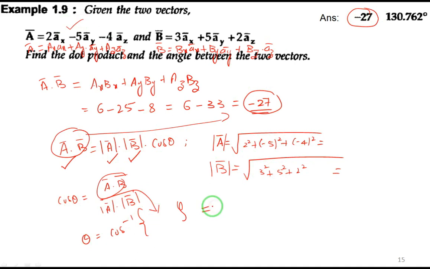So it turns out to be, if I calculate, 130.762 degrees. And while calculating, please keep your calculator in degree mode, right? If you keep it in radians mode and try to calculate, you will get some other answer. So always observe whether your scientific calculator is in degree mode or radians mode. Always keep your calculator in degree mode unless a specific numerical requires radians mode. Most of the time it will be degree mode, right? You calculate. Okay, we will wind up the class here, and any doubts you can